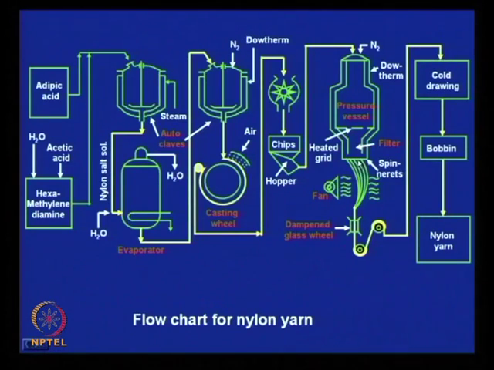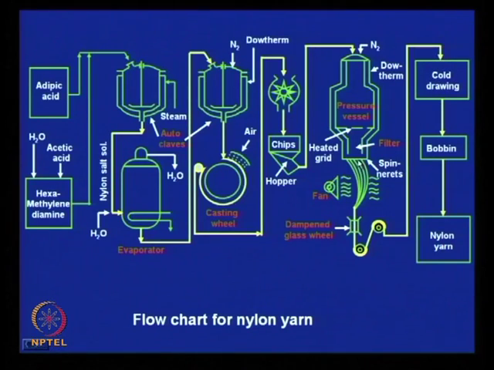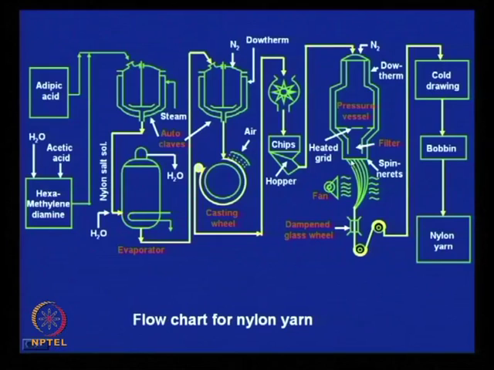Spinneret is a device which contains very narrow holes, through which this molten mass, or sometimes in solution, is pressurized out of the spinneret, forming very thin fiber. So, thin fibers are coming out from the spinneret, cooled by fan, air blowing, and then these are